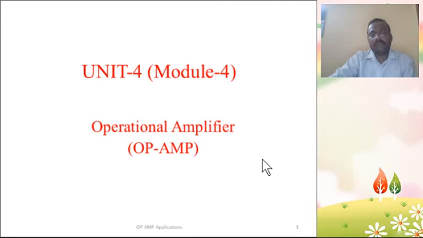Very good morning. In this video, I will explain the differentiator circuit. The basic function of the differentiator circuit is to differentiate the input signal. This circuit is designed with the help of passive components such as resistor and capacitor. The differentiator is the inverse version of the integrator. Input and outputs are vice versa.